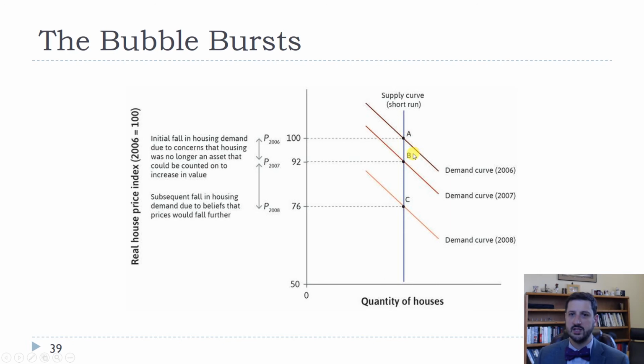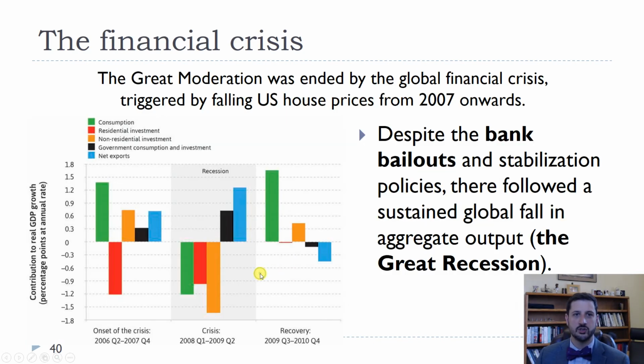And so what we see is that, if we think about a housing price index, it reached a peak in 2006. By 2007, it had fallen by 8%, and by 2008, it had fallen all the way down by 24% from its peak. And so there was this big drop in housing prices, which caused a big problem because those